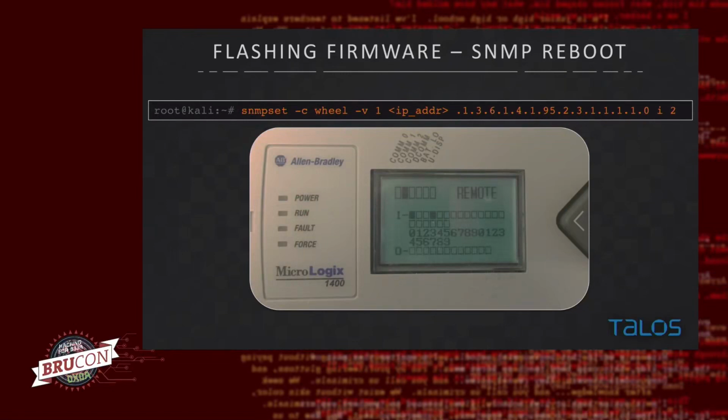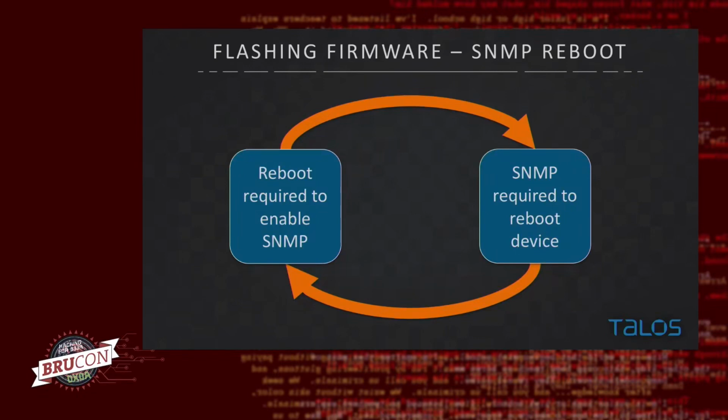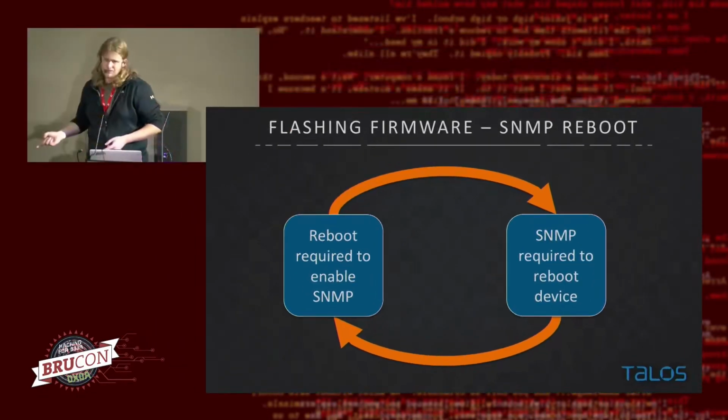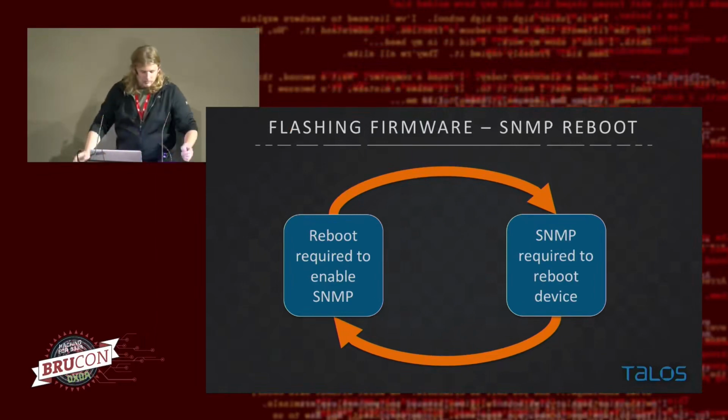So while messing with the firmware update cycle, we found a way to reboot the device, which actually we found before the crash, so we were really excited at first, until the realization set in that we kind of loop in a circle here, where we need SNMP to cause this crash, but need to cause the crash to enable SNMP. So obviously this one wouldn't work for our particular case, but I wanted to bring it up here